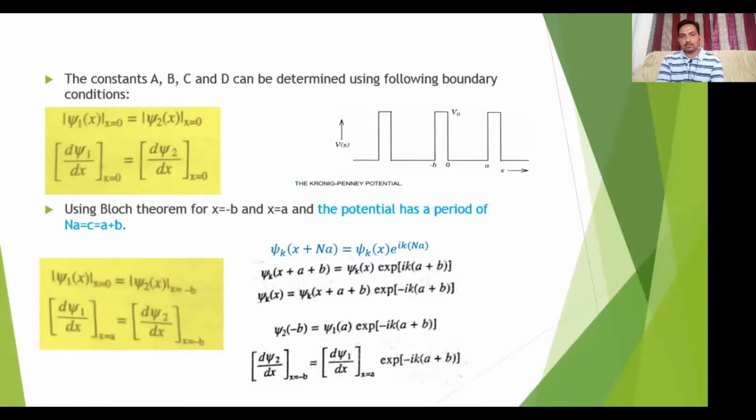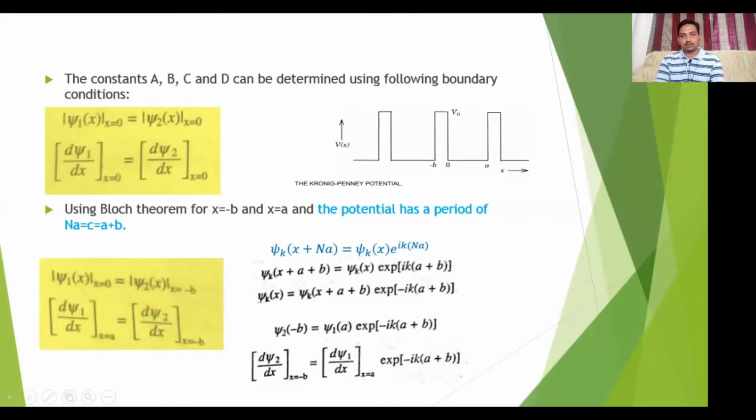So this is psi 2 at minus b is equal to psi 1 at a with an additional periodic function exponential minus iota k a plus b. Or you can say you have applied this boundary condition on Bloch function u actually. So in place of wave function, if you apply this boundary condition directly on the Bloch function u of x, so you can get this result. Okay, so this is our third equation, third boundary condition, and this is with its derivative.